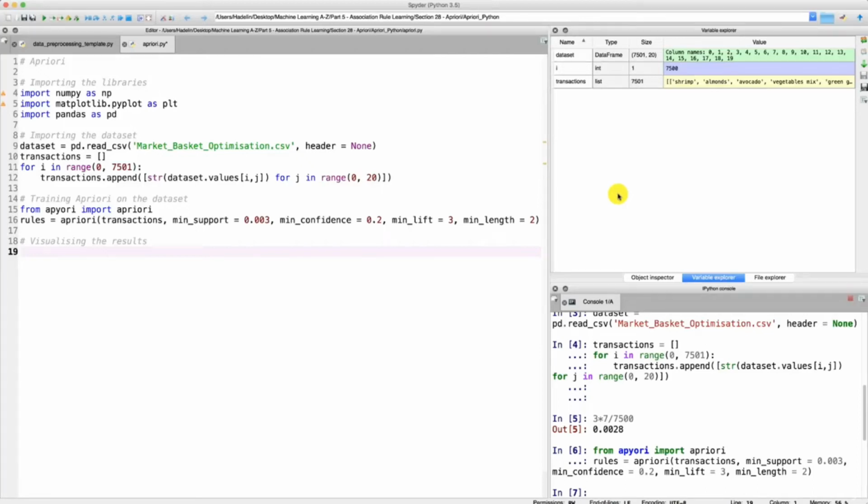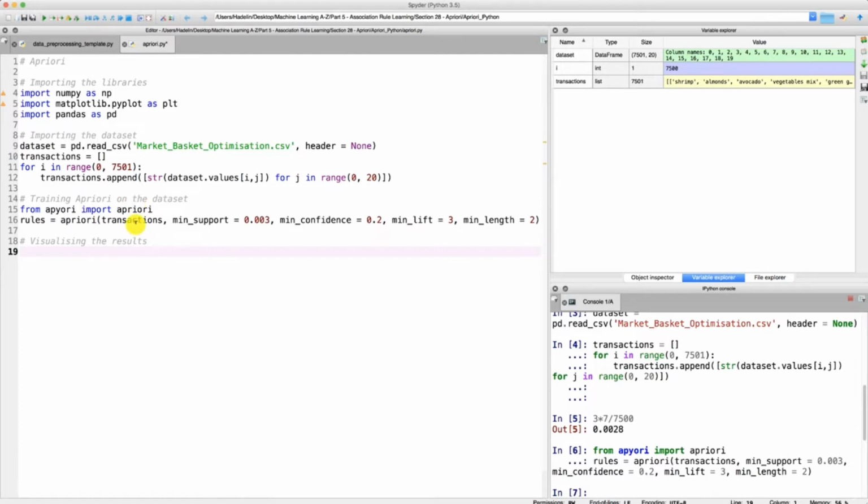Hello and welcome to this Python tutorial. So in the previous tutorials we imported the dataset and prepared it correctly for our a priori function. And speaking of the a priori function, we trained the a priori model thanks to this function on the dataset